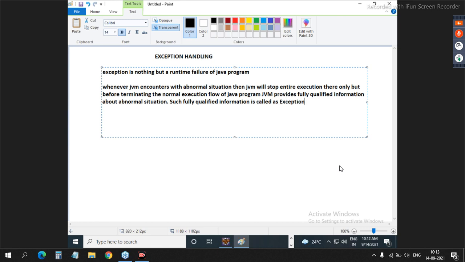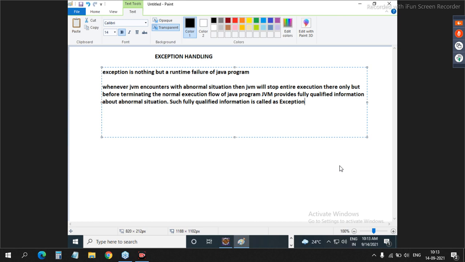Now you tell me, exception: will it be created previously, in a predefined manner, or will it be generated at runtime? It will be generated at runtime, because JVM doesn't know when it will receive it. If division is 10 by 2, possible. 10 by 0, not possible. So is it a problem of the division operator? No. The division operator says I will do it, JVM is saying I can't do it.